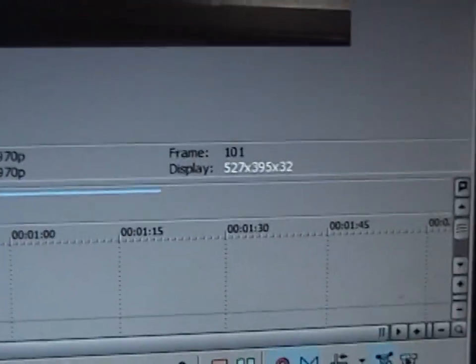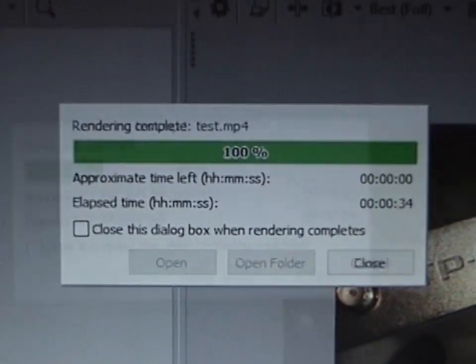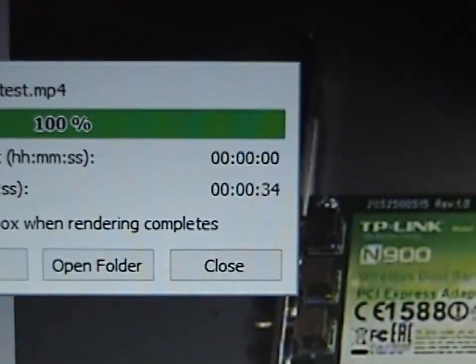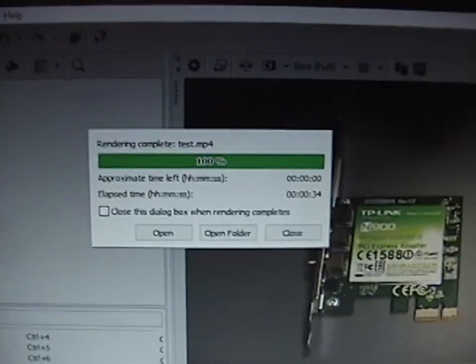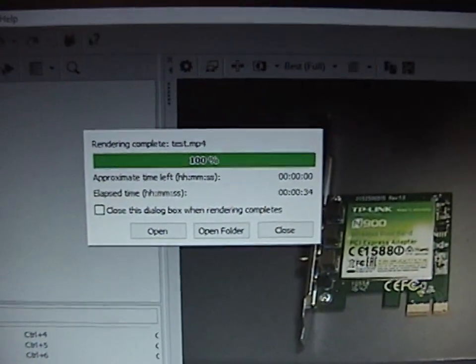That's pretty darn good. That's almost real time. Holy cow. Wow. That's amazing. Just 4 seconds longer than the actual clip itself. That's amazing. So, for example, for a typical video of mine, say a 20-minute video, the ThinkPad, which